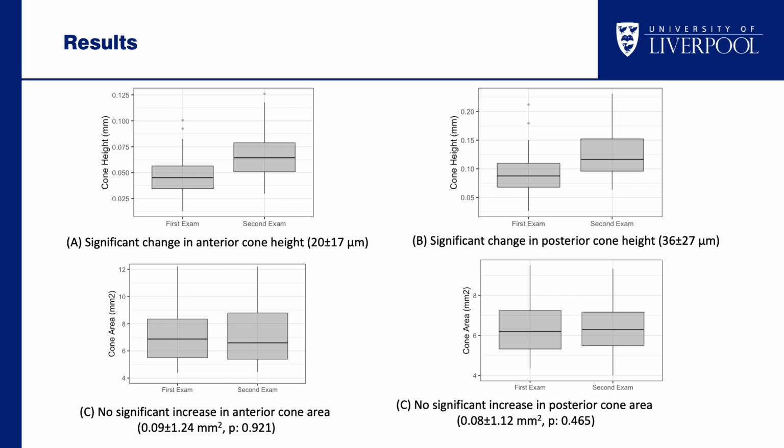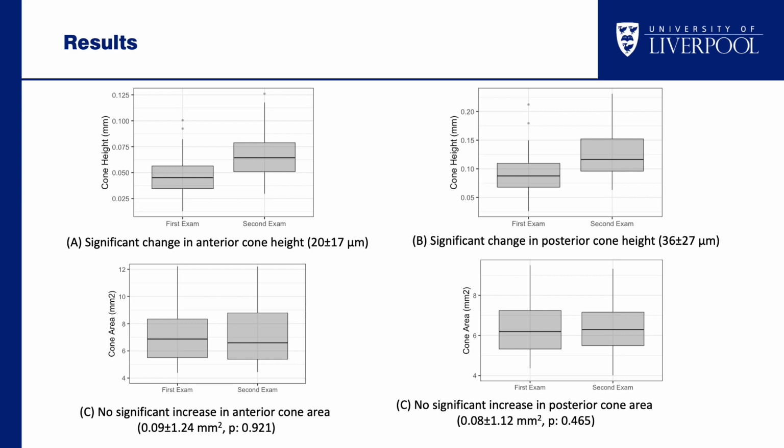Our findings showed significant change in the anterior and posterior surface of the cone. The anterior cone was changed on average by 20 microns, and posterior cone was changed by around 36 microns. This is consistent with other findings that the posterior surface of the cornea in keratoconic patients is deforming more than